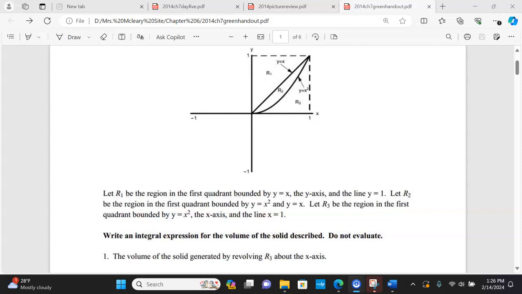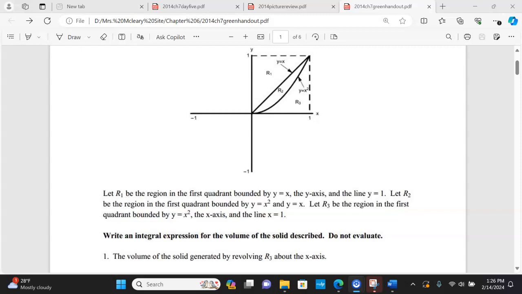In this case here, let R1 be the region in the first quadrant bounded by y equals x, the y-axis, and the line y equals 1. Let R2 be the region in the first quadrant bounded by y equals x squared and y equals x. Let R3 be the region in the first quadrant bounded by y equals x squared, the x-axis, and the line